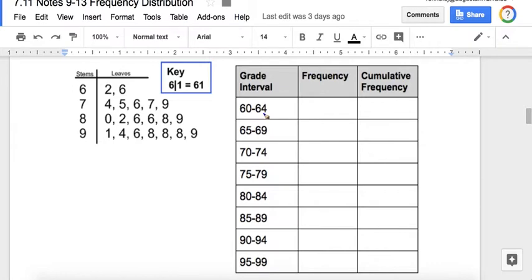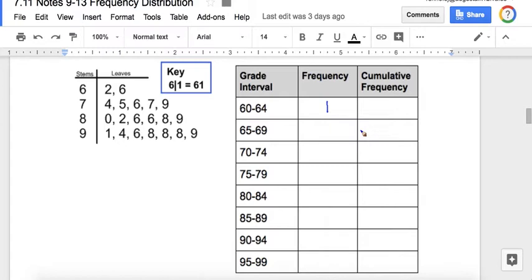So I'm looking for students who scored between a 60 and 64. So I see one student. So I'm going to write a frequency of 1. And cumulative. Okay, the best way to explain cumulative is you've heard your teachers probably tell you the test is